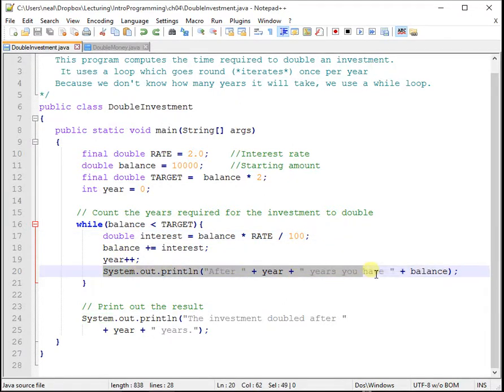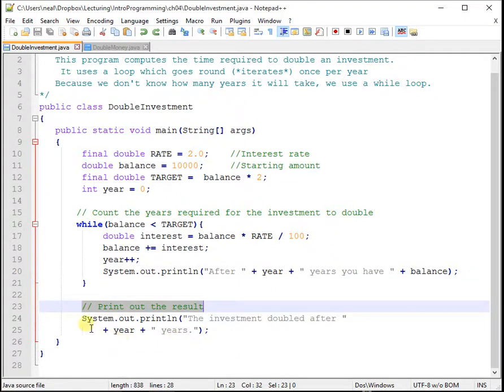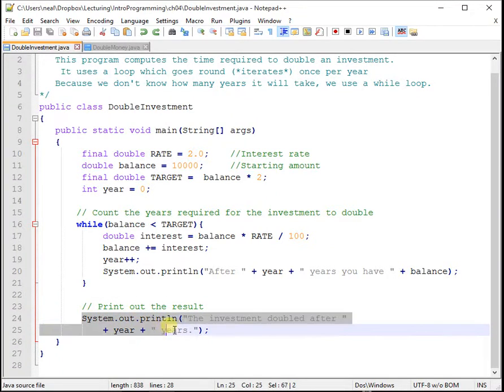Finally, each time we go around the loop, we're going to print out how much money we have so far and how many years there have been. This is perhaps more debugging code, and this is something you might want to comment out once you know your program's working. And then finally down here we've got another comment explaining what this block of code does, and we have here the print statement, which basically prints out the investment doubled after years, and so I've entered into the middle of this statement the actual number of years it's going to be, and we could probably put this all on one line because it would still be